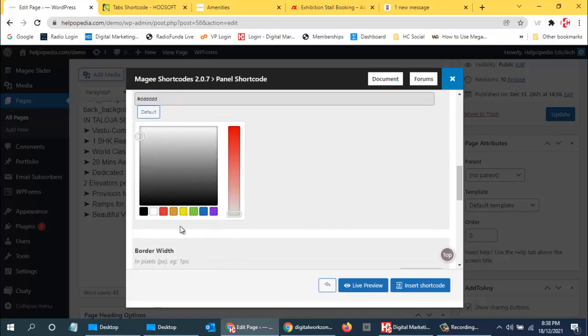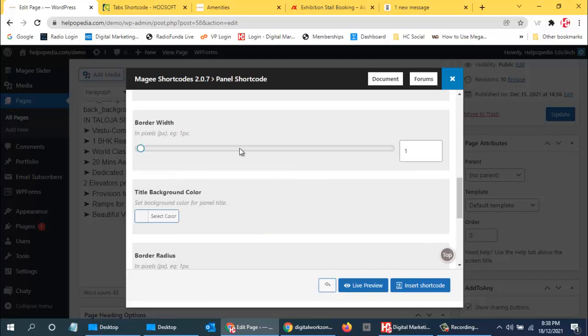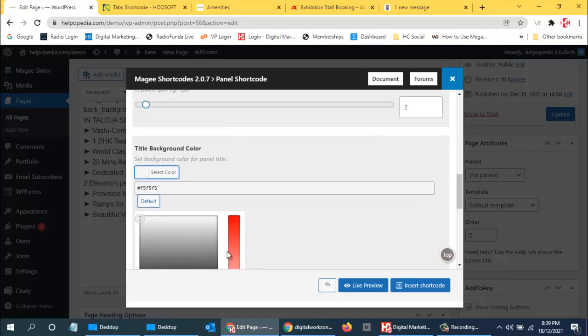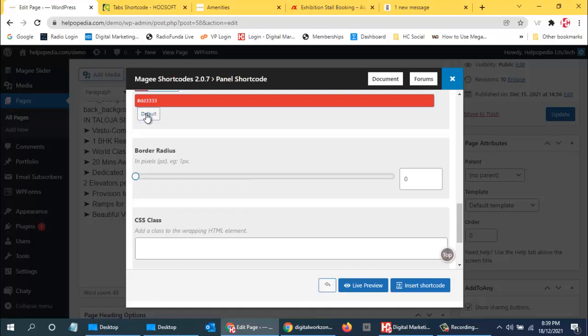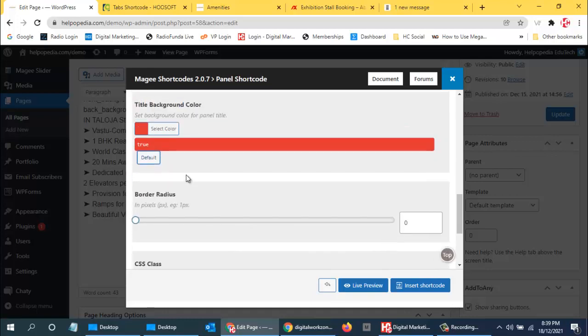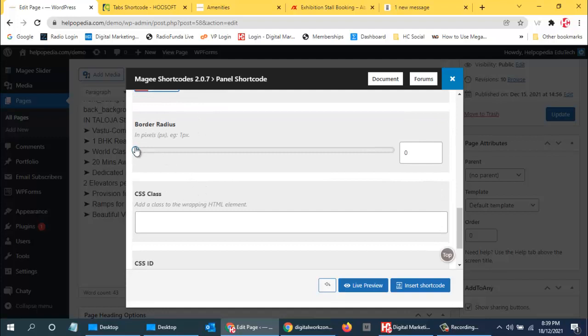And border width, if you want, this is one pixel, two pixel, whatever you want you can use. Then title background, we have already used red. And after that, border radius: if you want a curved radius, you can use it over here. So like this we can use.